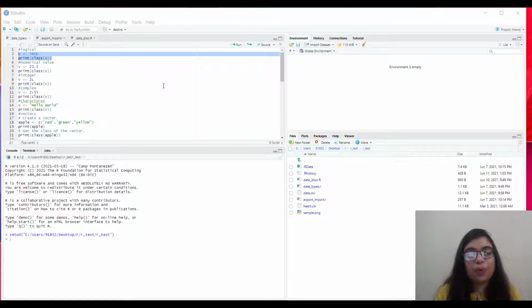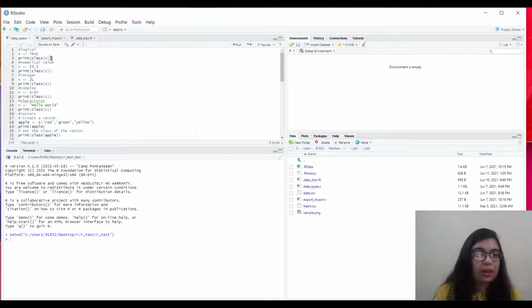The simplest form of these is the vector object, and there are basically 6 data types of these atomic vectors, such as logical. If I run this logical vector and see the output, it will print logical. Then there is numeric.